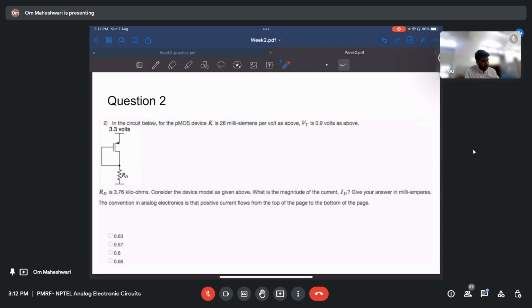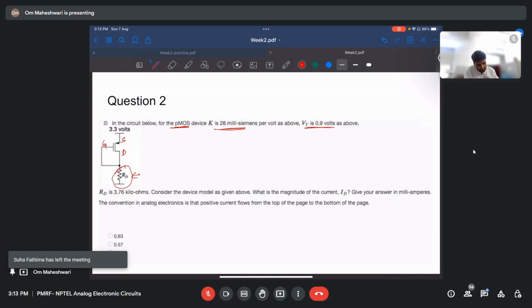In this question, we have a PMOS device just similar to the last question. Only this RD is added. In PMOS, this is source, this is drain, this is gate. This drain resistance is added. K is same as before, VT is same as before. RD value is given, and we have to find the current ID. This is DC current, capital ID. So this is the total current. This is the sign convention. I subscript capital D is the total current